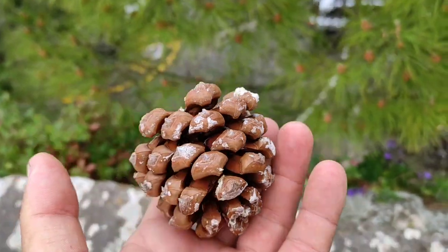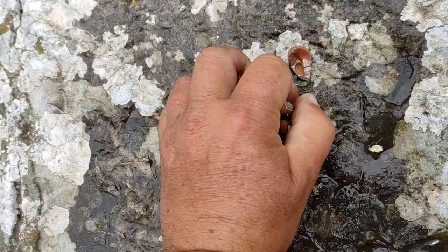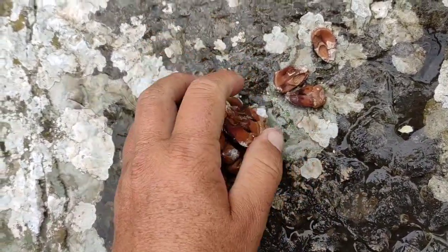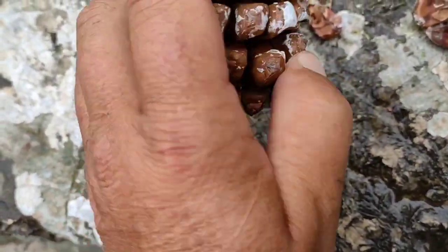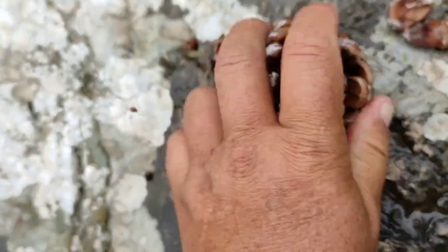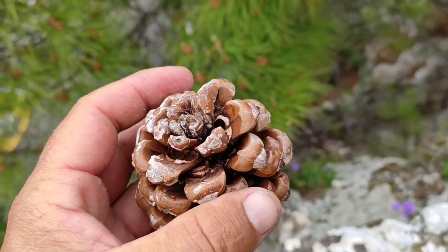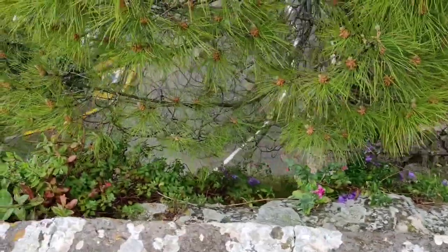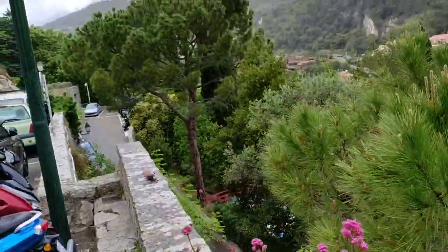This is a tiny one. They can get like 6 or 7 times the weight of this. Oops. And come on, where are the stones? Those are tiny. I wonder if they will even have anything edible inside. Nope. This one might. Nope. 2 years of drought, and even the stone pines, which are totally used to the Mediterranean climate, stopped producing. It's one of the most iconic...